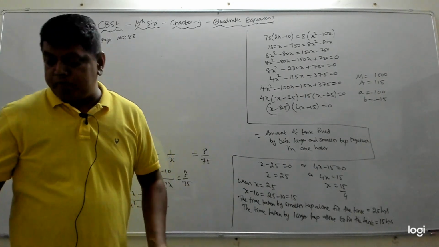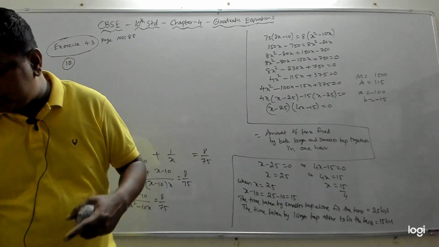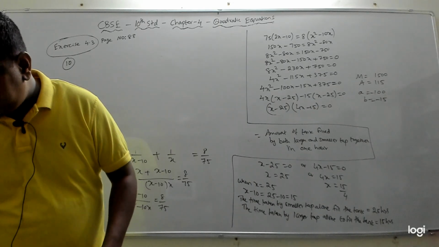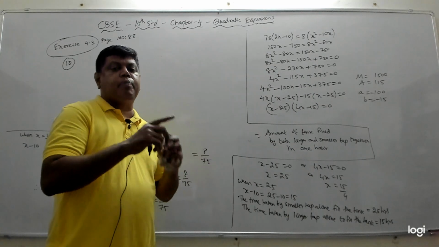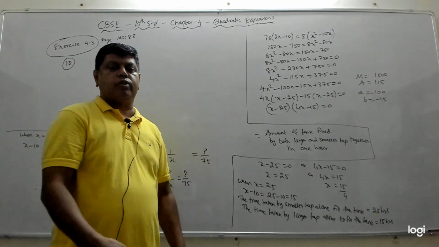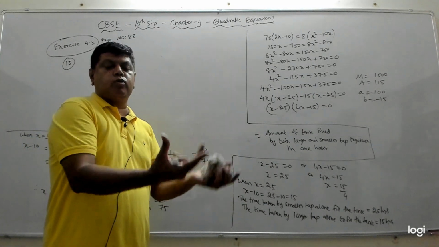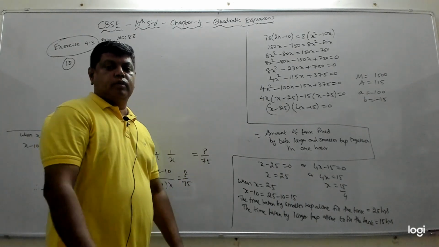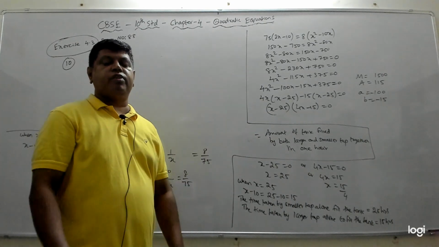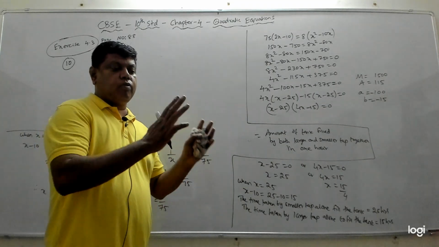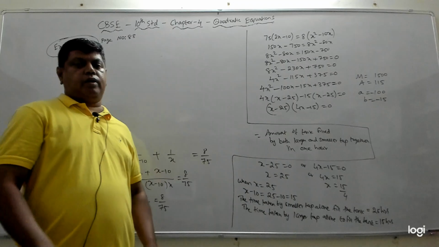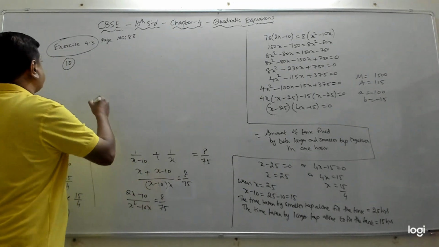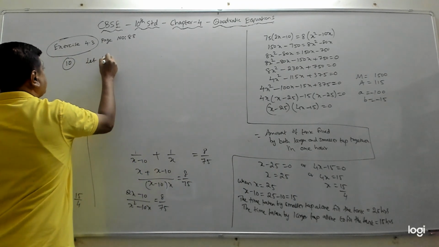And how much time earlier does the express train reach? It takes 1 hour less. The express train takes 1 hour less than the passenger train, because it is going faster, so it will go quicker. It takes 1 hour less than the passenger train. Now we should find the speed of the express train and the speed of the passenger train. So we will assume, let the speed of